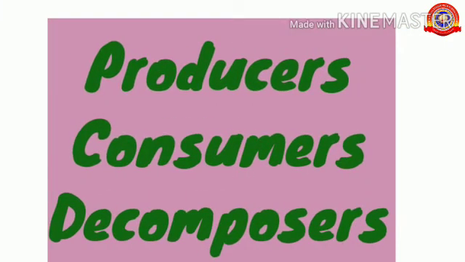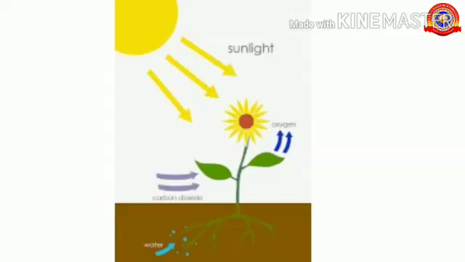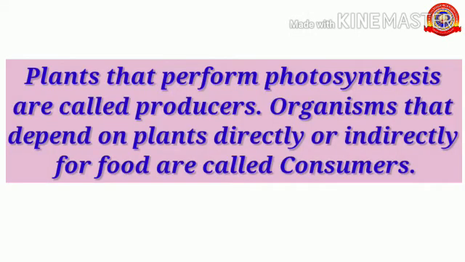Next we discussed about producers, consumers and decomposers. We all know that sun is the primary source of energy in the living world. Green plants convert light energy to chemical energy through photosynthesis. This energy gets transferred to other organisms through food chain. Plants that perform photosynthesis are called producers, while organisms that depend on plants directly or indirectly for food are called